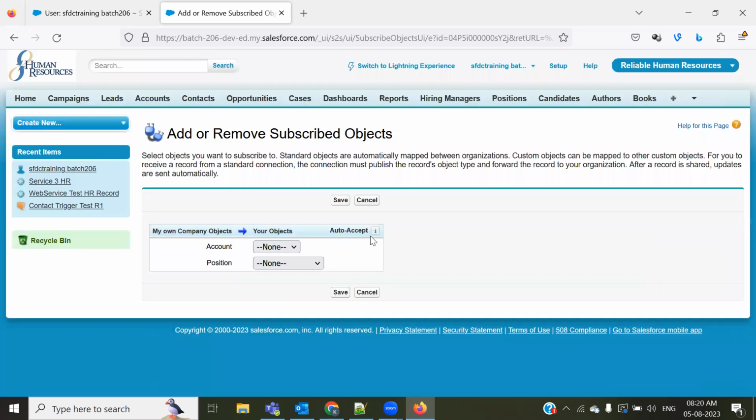So I click onto this, and now you can see only these two names are appearing over here. तो आप जो जो भी आप पब्लिश करते हो सोर्स एनवायरनमेंट में केवल वही ऑब्जेक्ट्स के नाम यहाँ पर आपने पब्लिश किया है अकाउंट को और पोजीशंस को, तो सिर्फ उनके ही नाम यहाँ पर आते हैं। अभी पहले हम लोग पोजीशंस की लाइन, पोजीशंस को करते हैं, अकाउंट को करते हैं, वन बाय वन करते हैं।